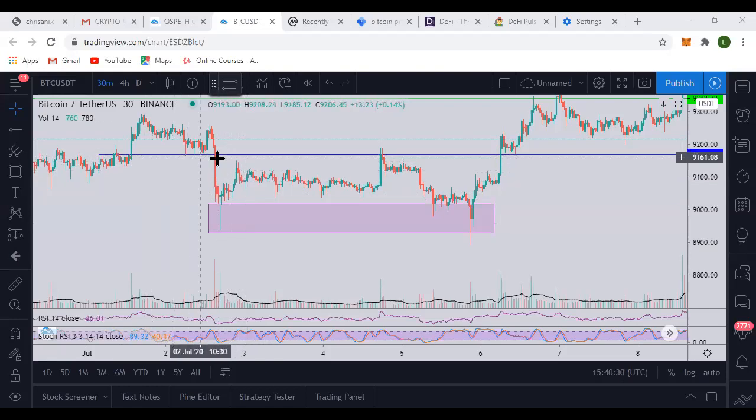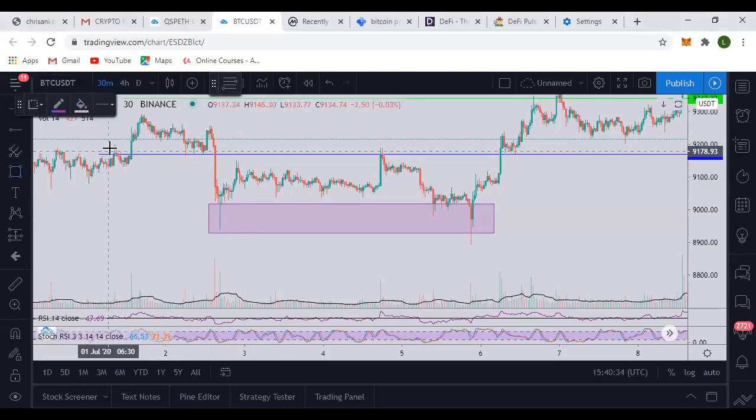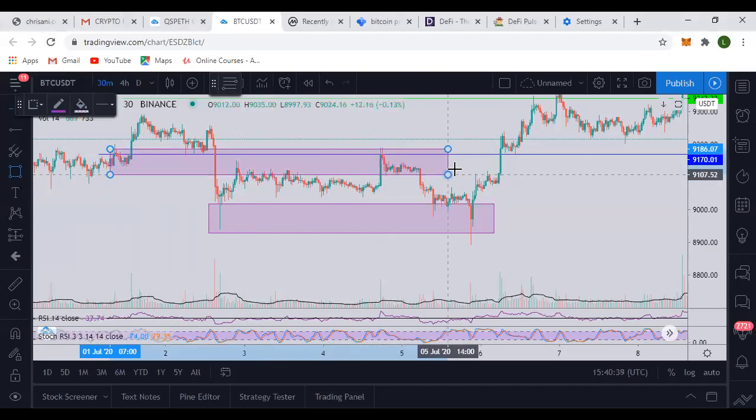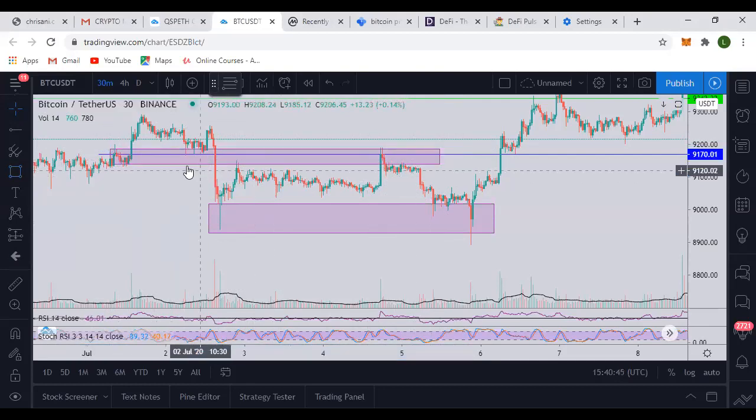Why would we put it as a range? Because this other place here, we can decide to put it also as a range for support. Look at it. So this range here now became what they call a resistance. It was a support here before, and then when the price broke through, it became a resistance.